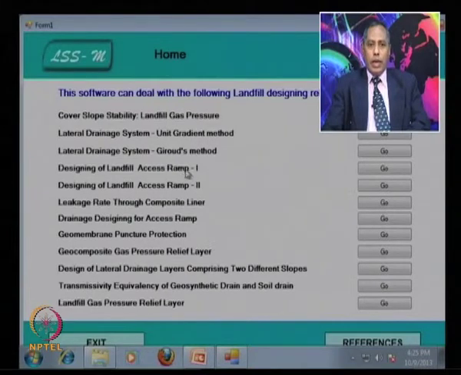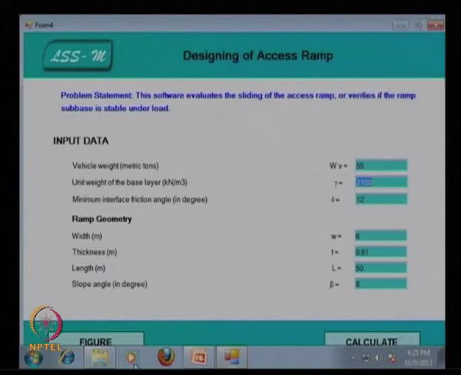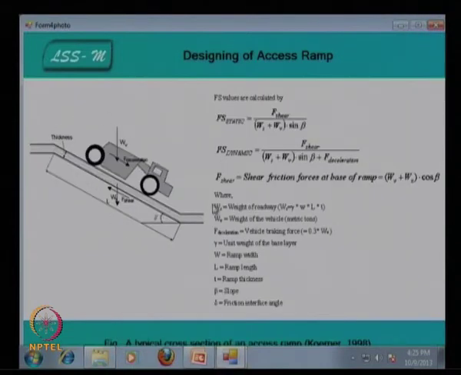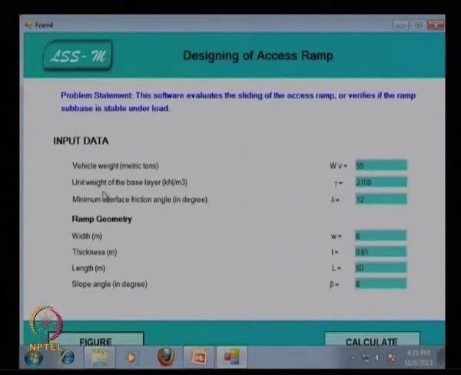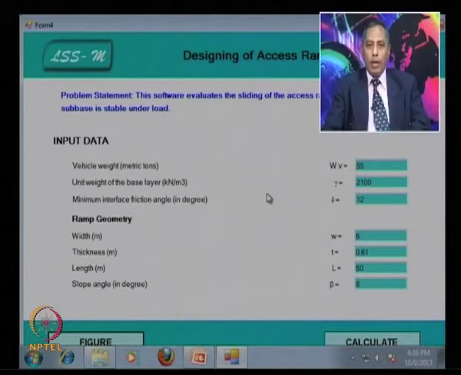So, then design of the landfill for access ramp, that is access ramp 1, and when there is an access ramp like this, in which direction should the vehicle move, from top to bottom or bottom to top. So, these equations have been used for this, and this is the vehicle weight, that is W, V is equal to 55 metric tons, and unit weight of the base layer gamma 2100 kilonewton per